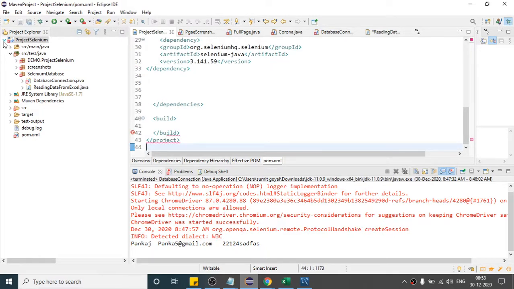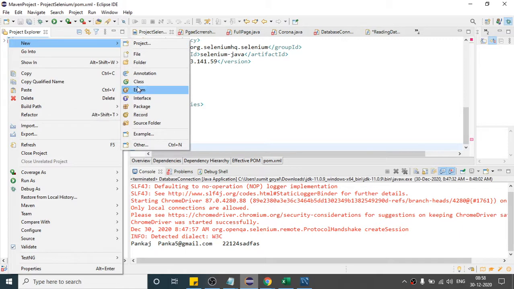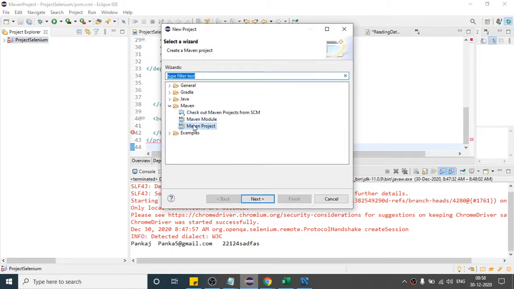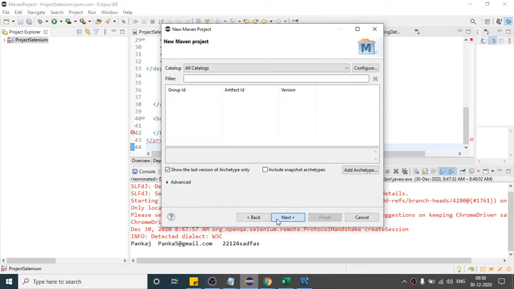Let us create a new project instead of wasting time here. I will check later what the issue is. Here also you can create a Maven project again, click on next. There are so many templates. I will select this one.